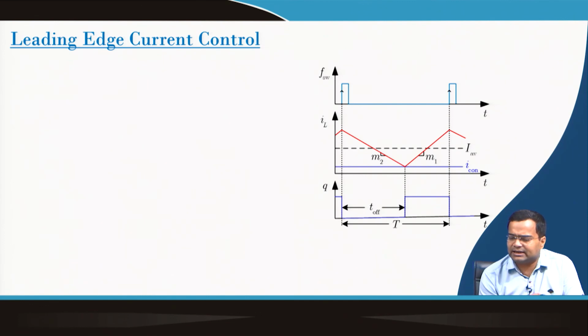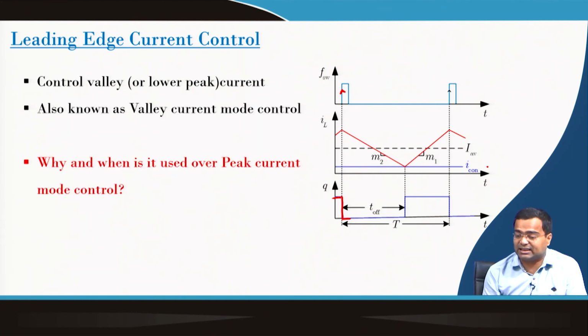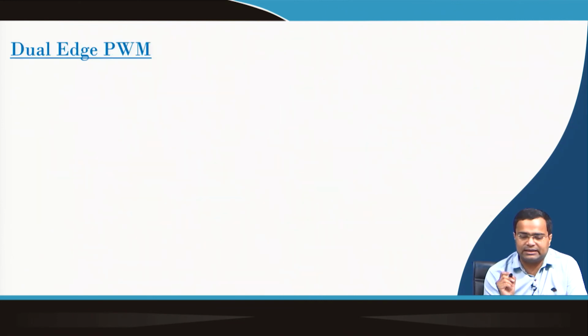If we do the leading edge technique, that means when the clock edge comes, first we turn off the switch. You see the switch is turned off, and the inductor current starts decreasing. When the inductor current reaches the bottom value, that means the control current, then you turn on the switch, and here again we can use a latch circuit. So, I would suggest that you realize this circuit using a latch and comparator. How does it look? We are going to implement this in a future lecture, but I am just giving you an insight into how to realize this leading edge modulation.